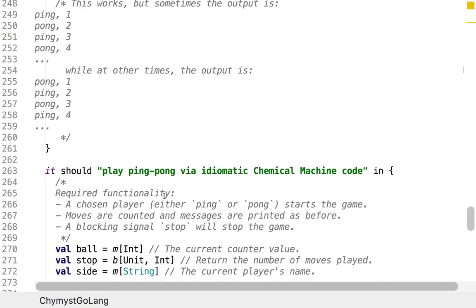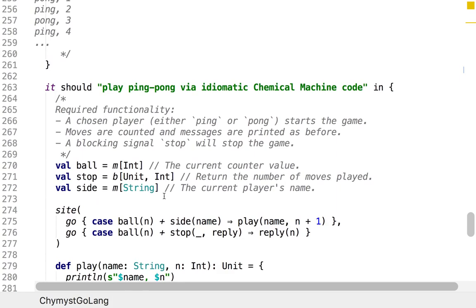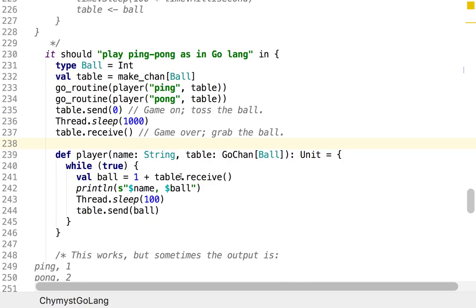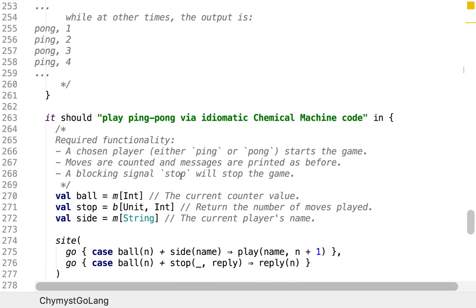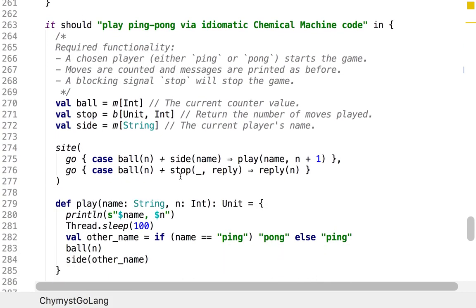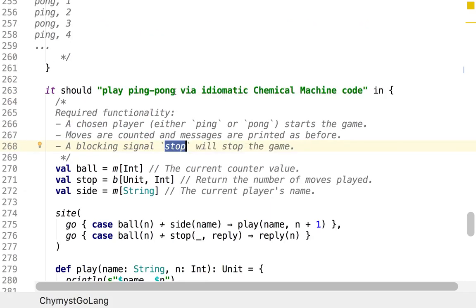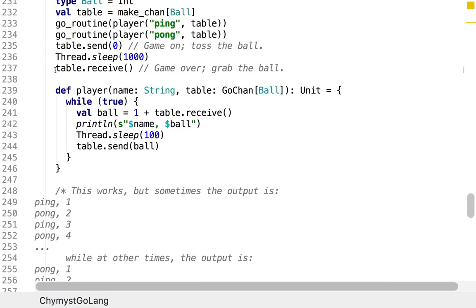Let's implement the same functionality, but using more idiomatic chemical machine code rather than just translating from the Go language. So we won't be using any goroutines, we just use straightforward reactions and molecules. How would we do that? What we need to implement is that we would like a chosen player, either ping or pong, to start the game. We again want to count the moves and print messages. And we want to have a blocking signal, such as stop, that will stop the game,